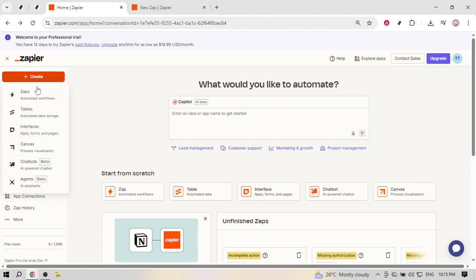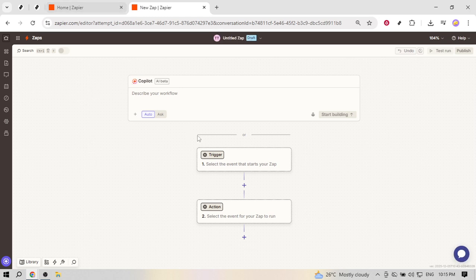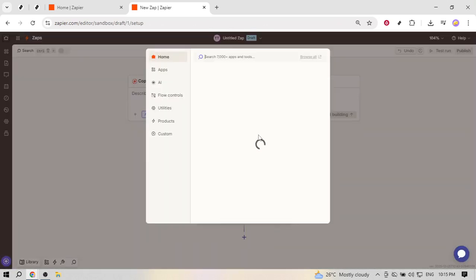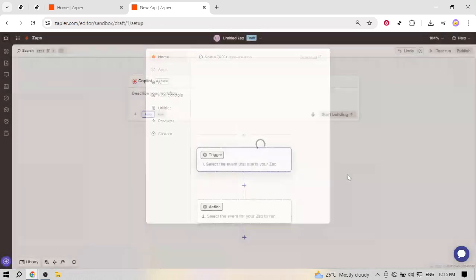This is your launchpad for everything you can make in Zapier. One of the main things you can create here is a Zap. A Zap is an automated workflow made of a trigger and one or more actions. The trigger is the event that starts the automation, like receiving a new email or a new row appearing in a spreadsheet. Actions are what you want Zapier to do in response, such as sending a message, creating a record,